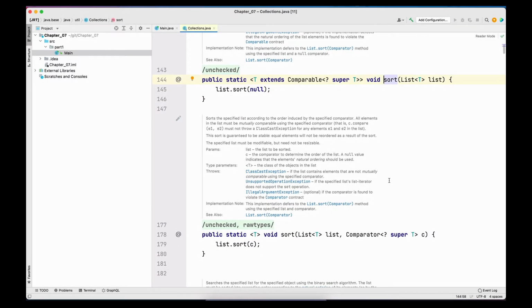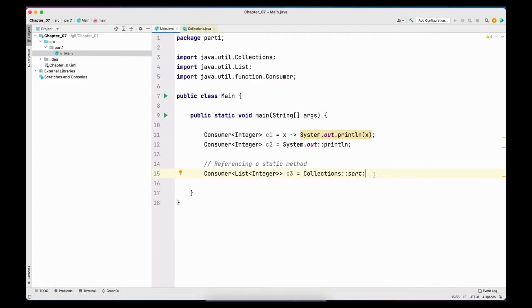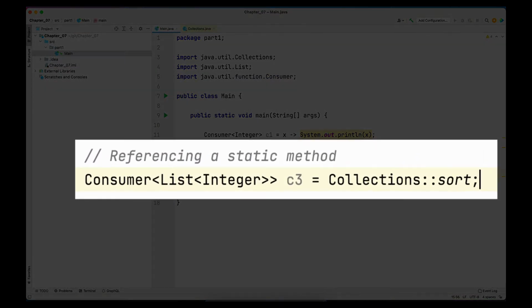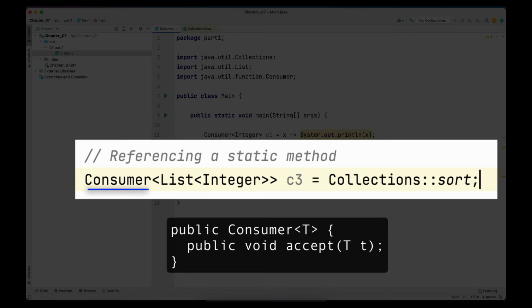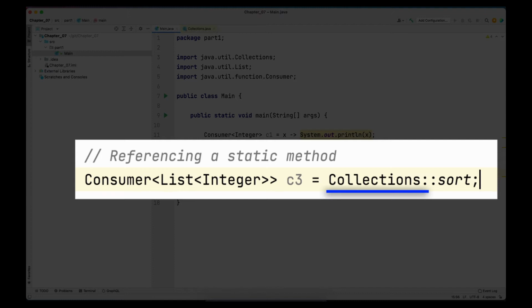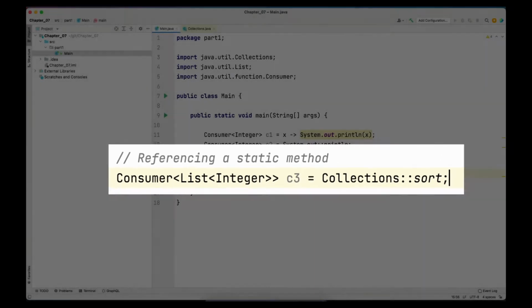Now if you notice that we have another sort method and it's taking 2 parameters, then how does Java know whether it has to call the first sort method or the second one? For that, Java looks at the wider context, and by wider context I mean it sees that the consumer is something that takes only 1 parameter. Consumer does not take 2 parameters, and that is why it knows to call the sort method with the single parameter. In case collections doesn't have a sort method with a single parameter, or if the method returns back something which is not expected, then the code will error out in the compile time.